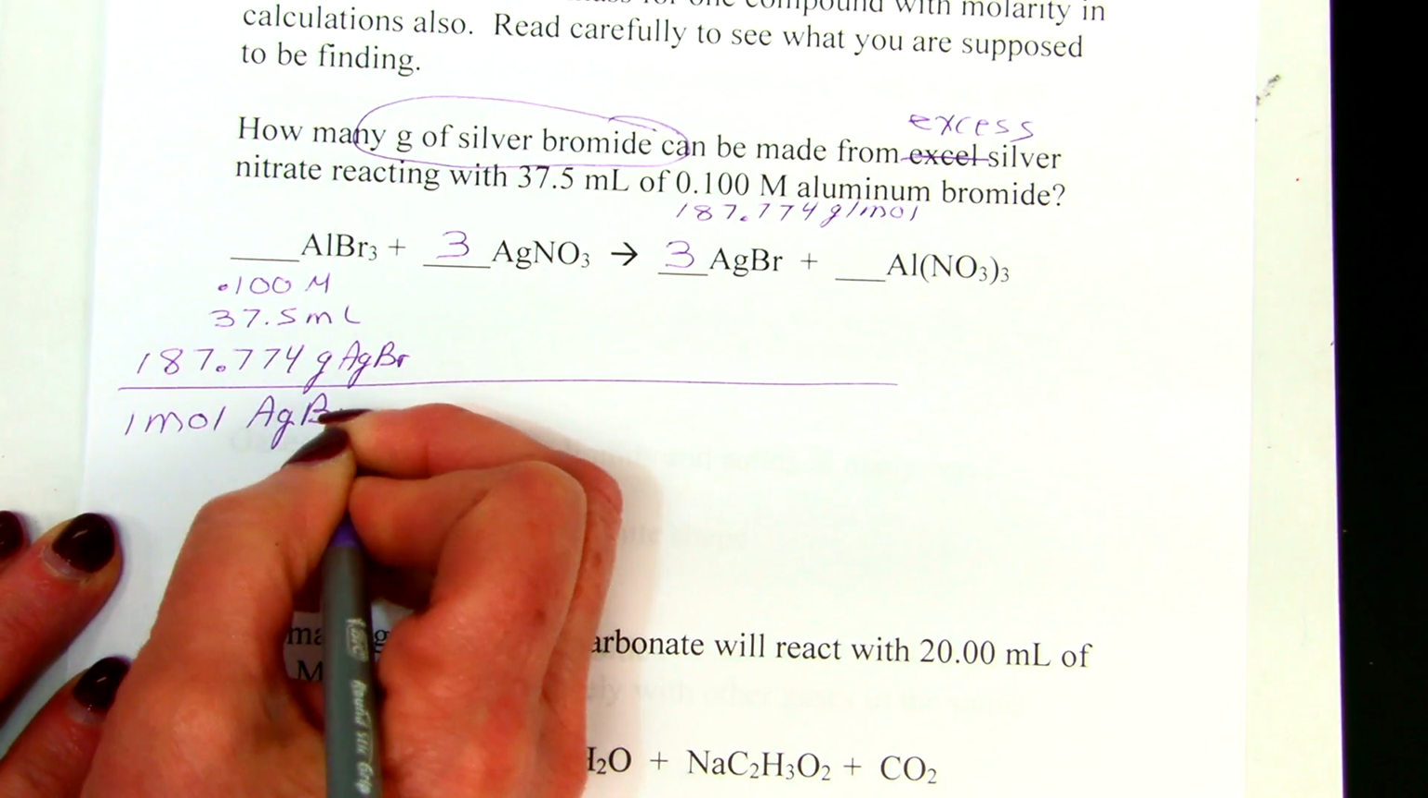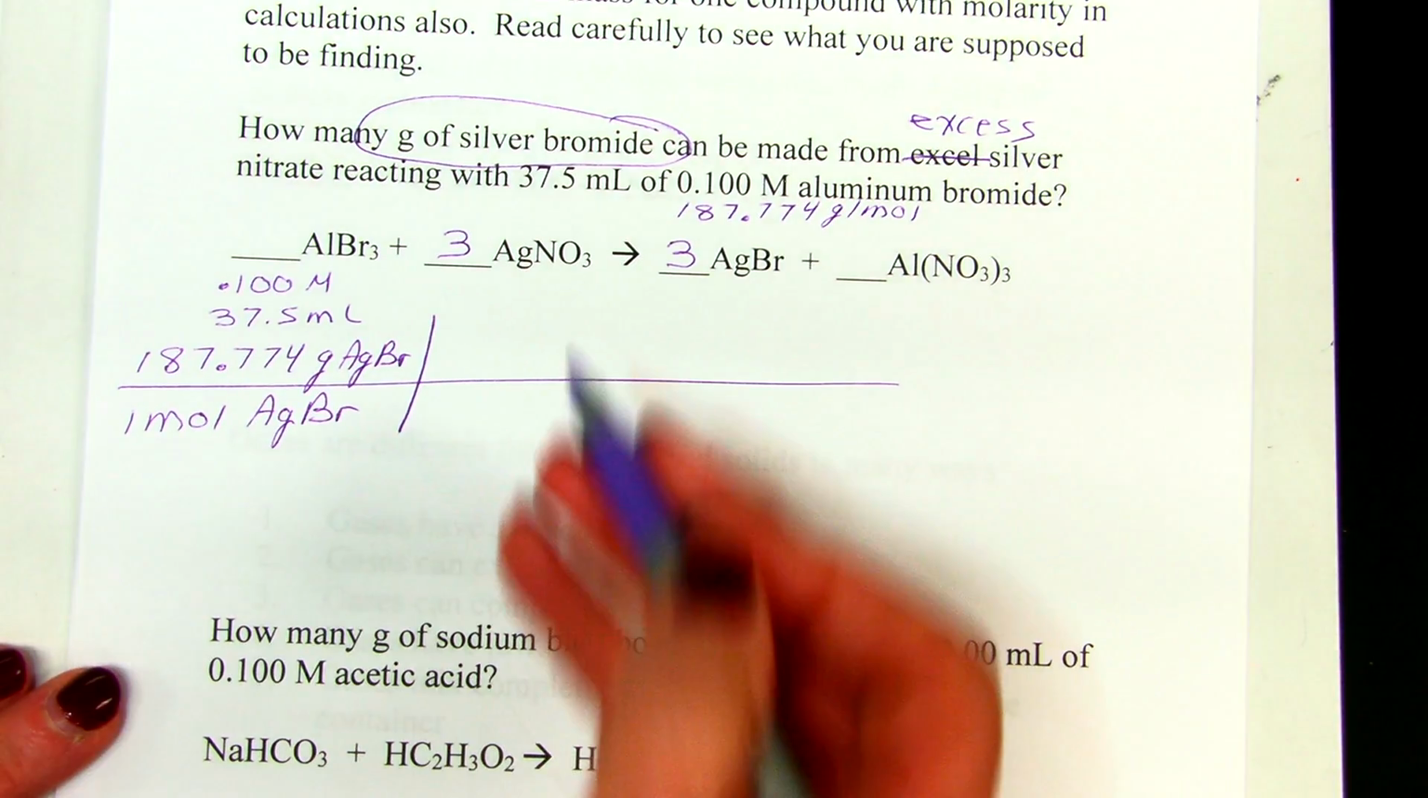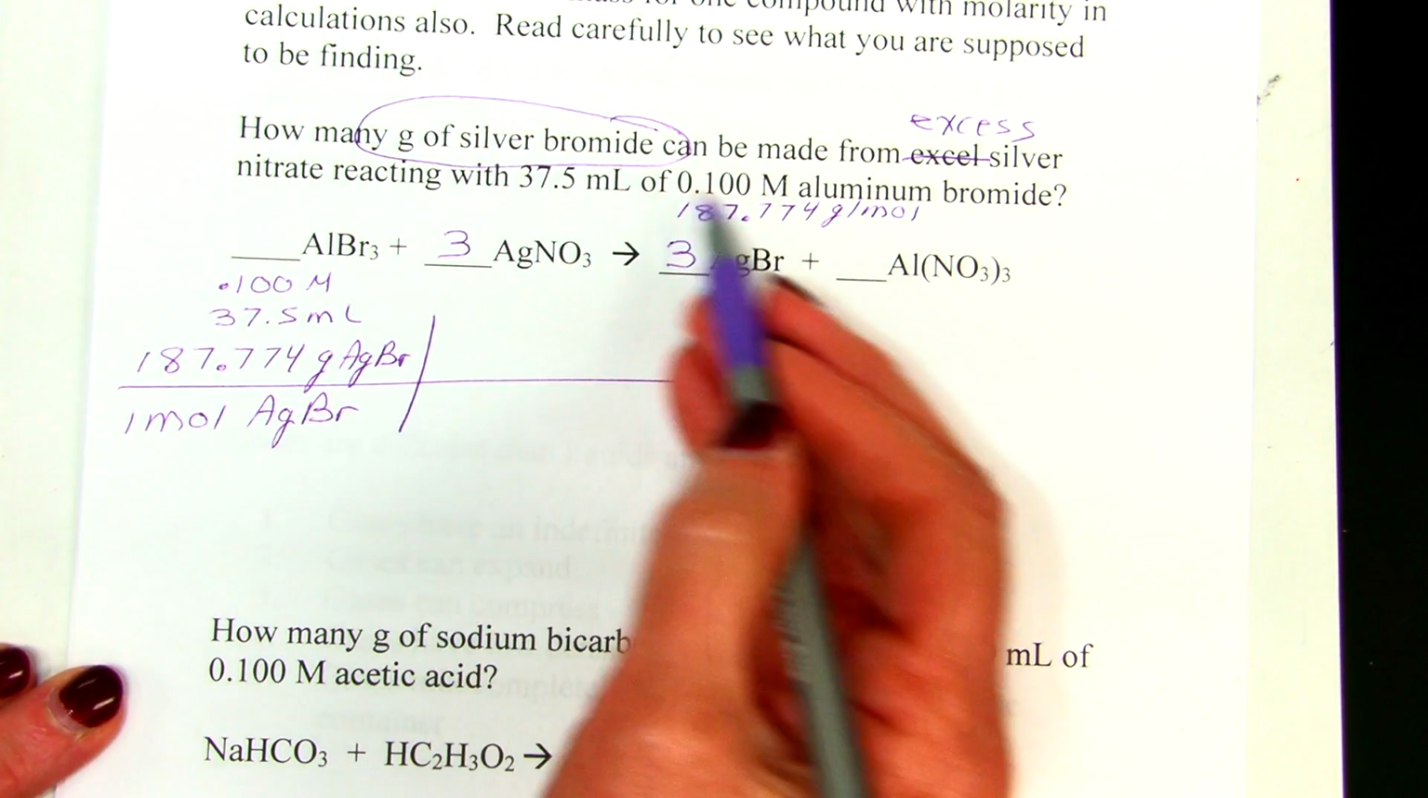Now, the next thing I do, historically, with all the problems we've done before, is go to my mole-to-mole ratio. I'm comparing silver bromide to aluminum bromide. So I look at this, and I have 3 moles